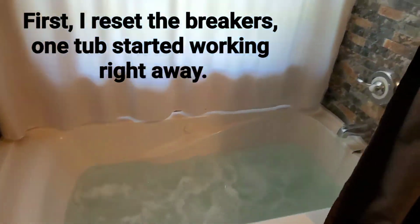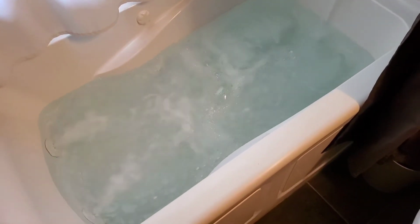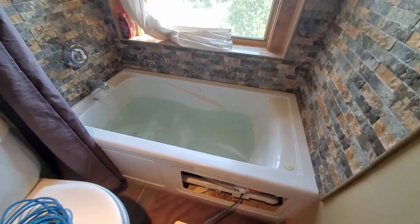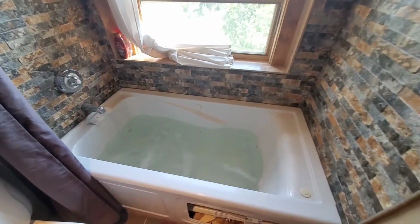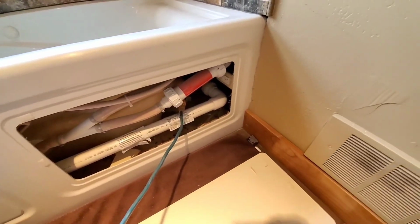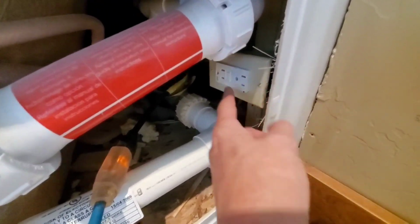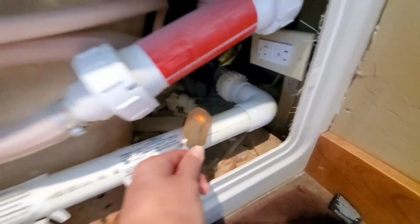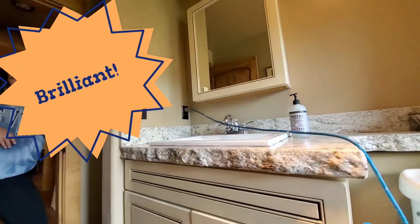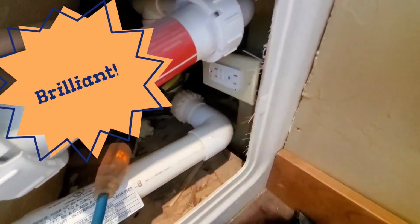This is the uphill jacuzzi, the one that looks out the window up the side of the mountain, upstairs, and it's working. This is the jacuzzi that looks downhill, off down to Lake Drive, and it does work. The problem is the plug. This outlet here does not work. I think it's just the GFI because this light's not coming on. It could be the outlet itself, I don't know. But when we used an extension cord to plug it in to a different outlet, the tub just works fine. So it's your power source for this